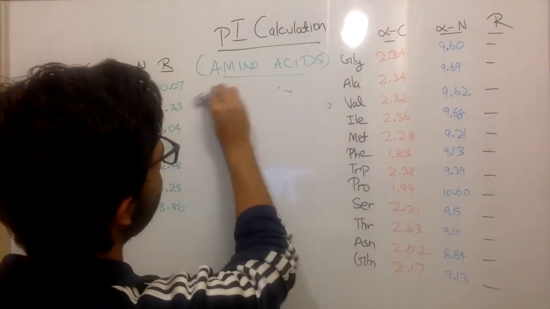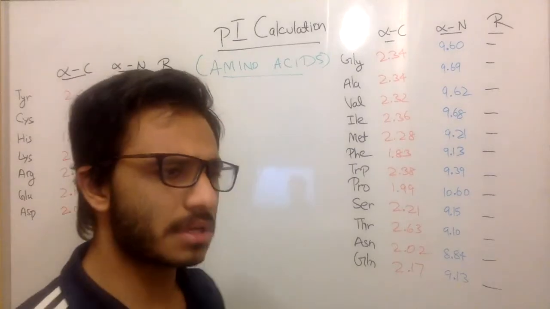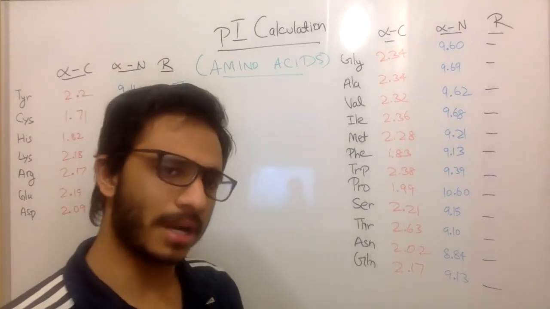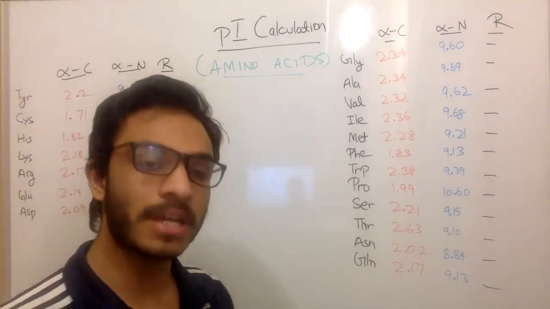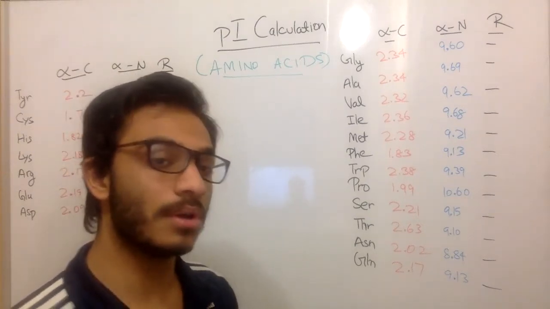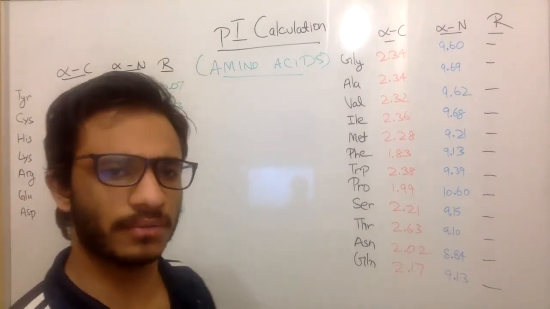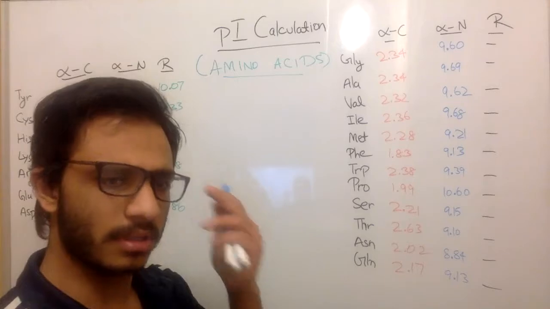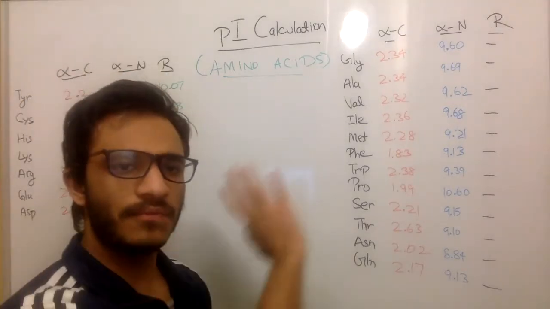So let's see how we can calculate the pI value for certain amino acids or peptide chains. I'll start from amino acids in this video, and then we can go on to calculate the pI values of peptide sequences, like we did for the net charge calculation that involved the Henderson-Hasselbalch equation in the previous videos. Okay, so let's start. There are actually 4 cases